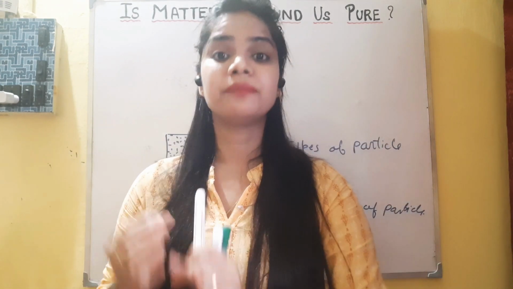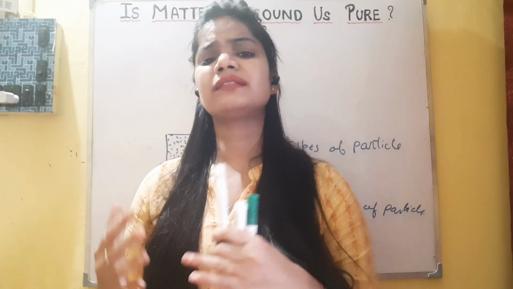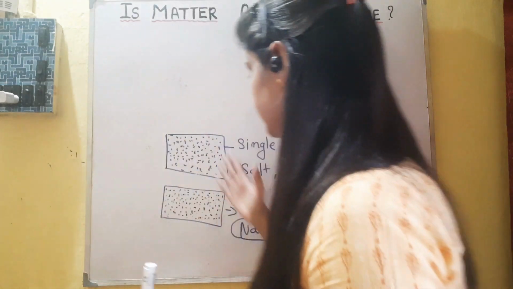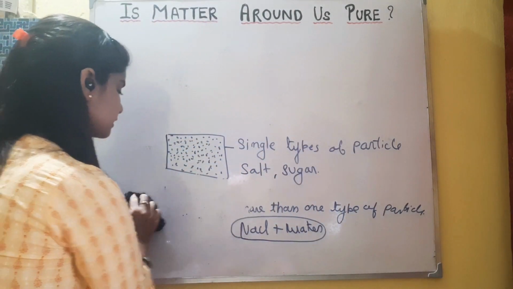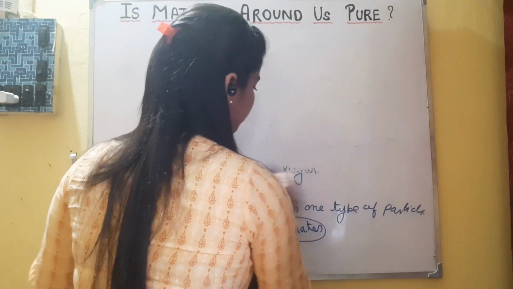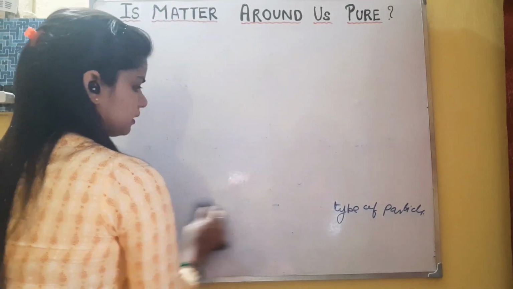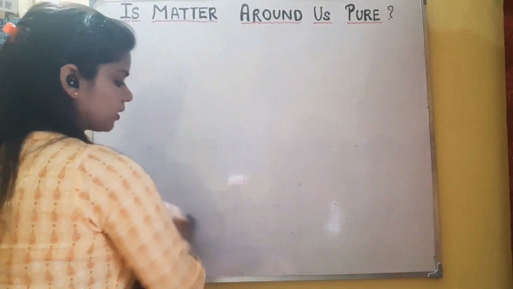Like soda water, cold drink, where gases are mixed. Like that, milk is also not pure, as many things are present in milk. That's why this is also not pure. So that's about purity. Now you must have become clear about purity, that adulteration is not the only reason behind impurity, as we check in our daily life.